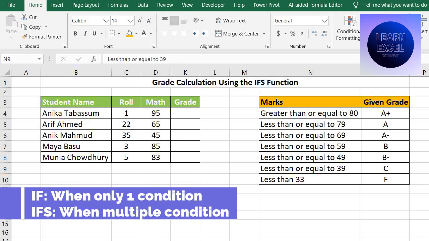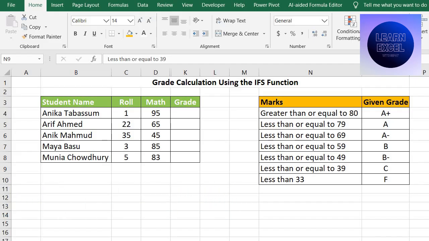For example, here you can see I have a set of criteria for the marks. If the marks are greater than or equal to 80, then the student will be given A plus. If it is less than or equal to 79, the student will be given A. Then 69, it will be A minus, then B, then B minus, then C, then F. So here I want to give the students the grade they deserve for their number based on the IFS function. So what we can do is we're going to type